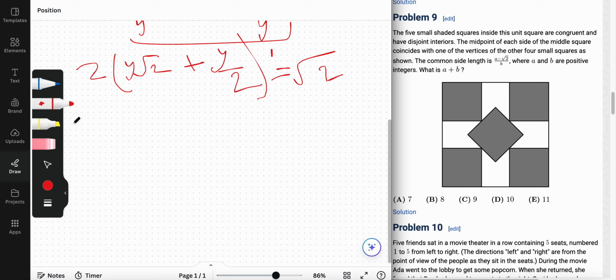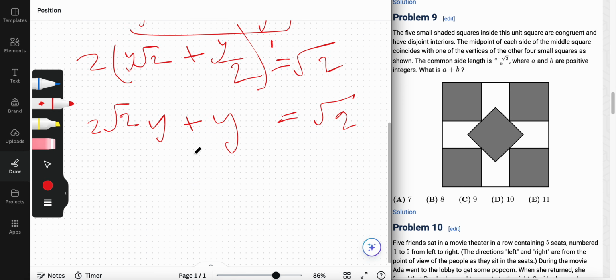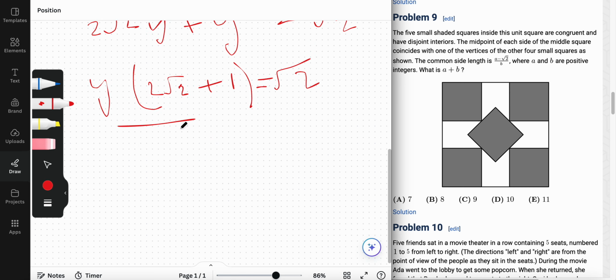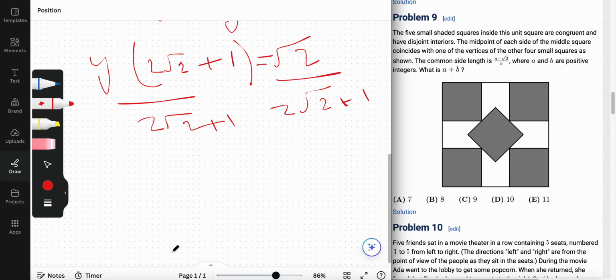So we get 2 root 2 y plus y is equal to root 2, right? I can just take out the y. So y times 2 root 2 plus 1 is equal to root 2. Divide by 2 root 2 plus 1 on both sides, and I get that y is equal to